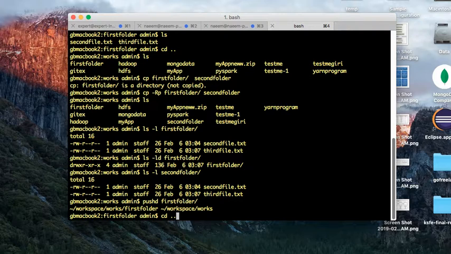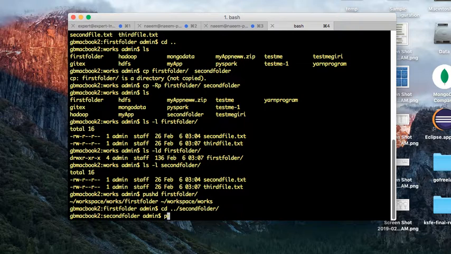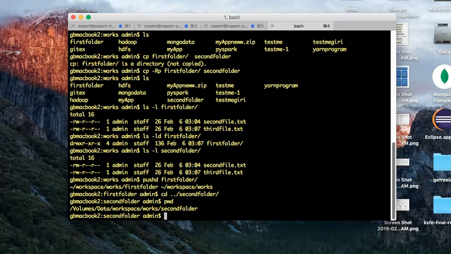That is the parent directory, and there you have the second folder, and then you move to that. Immediately after, instead of cd, if you used pushd, you would have got the stack. So the best way is that you can use pushd dot dot slash second folder,